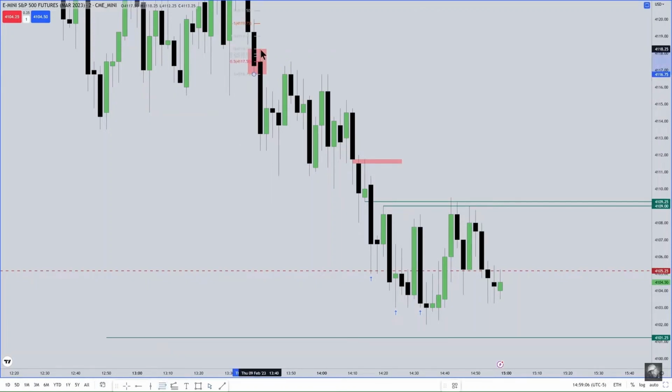From this low to this high right there. Watch this. There's our fair value gap. Now, if you know that the algorithm is going to do the same thing you're going to do when you